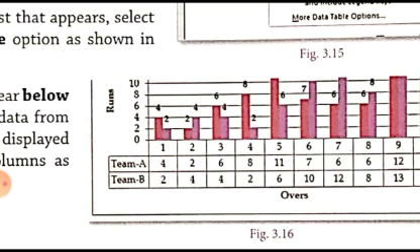Why? Because overs are on the horizontal axis, the x-axis. So what values are there for the overs? The major values are 1, 2, 3, 4, 5, 6, 7, 8, 9, 10. These are the major values. So what type of grid lines can we draw? For these major values we can have major vertical grid lines. We can have major vertical grid lines for the major values of overs which are shown in the chart.